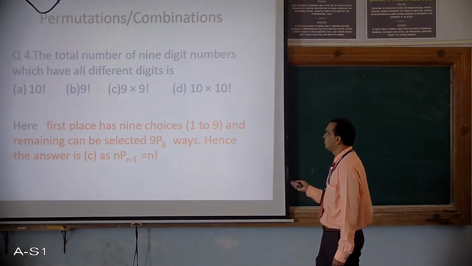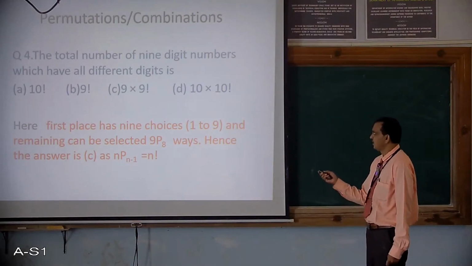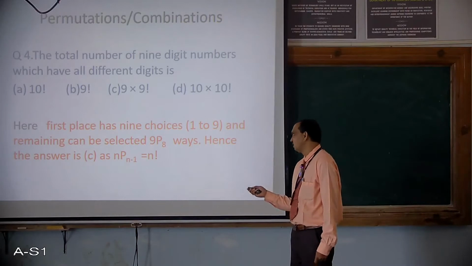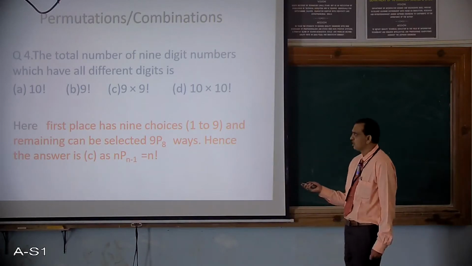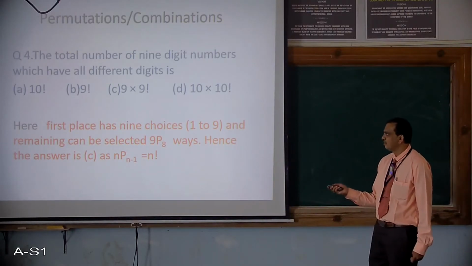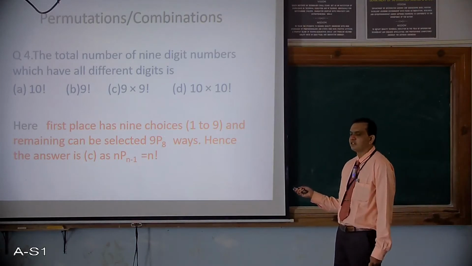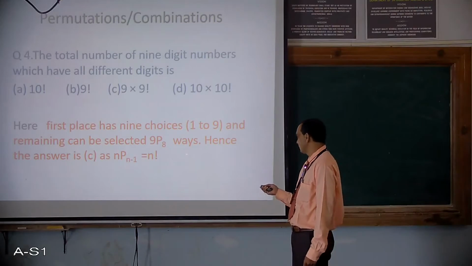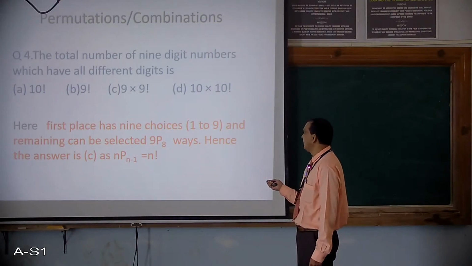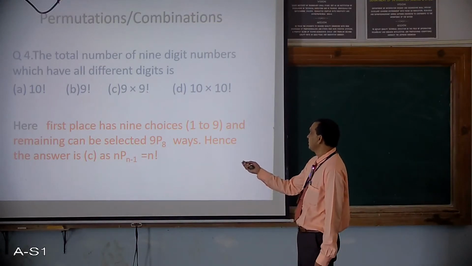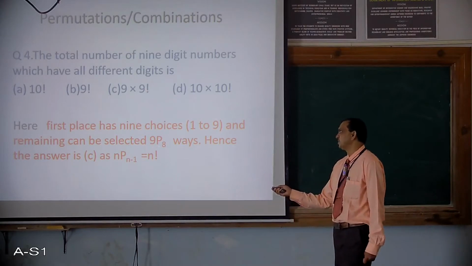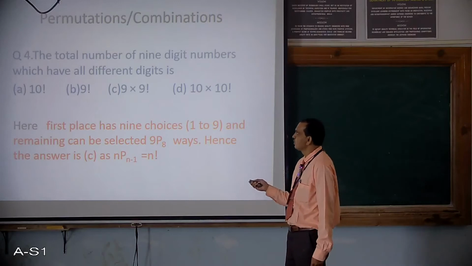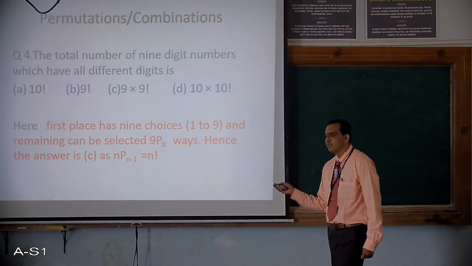Now immediately after that, how many places are there? 8 places are there. Hence, how many numbers are left? Now 0 can be taken, which gives you 9P8, because earlier 0 was not allowed. So therefore there are 9P8 ways of doing it. When you multiply by the fundamental principle of counting, you get 9 into 9 factorial, because 9P8 is also 9 factorial. So this way such examples also will come. The next example is very similar, slightly different.